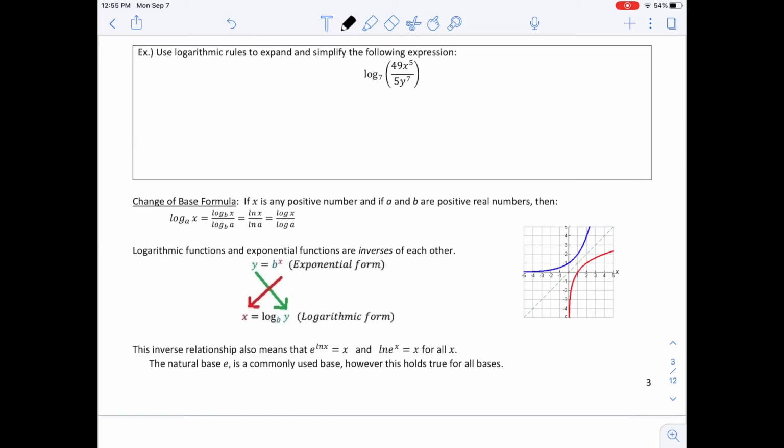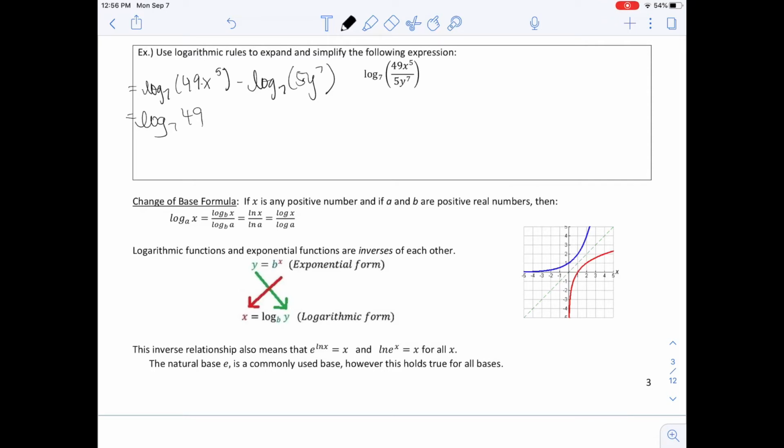First thing that we can do is, since we are dividing, I can rewrite this as log base 7 of our numerator, which is 49x to the 5th, minus log base 7 of our denominator, which is 5y to the 7th. From here, I can expand this since we are multiplying 49 times x to the 5th and 5 times y to the 7th. And rewrite this as log